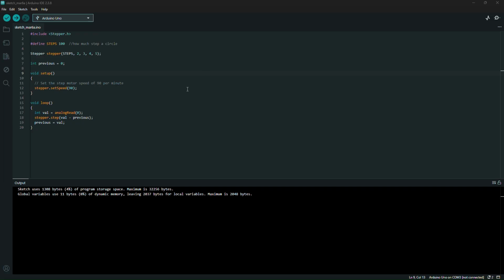Here's the code. Here we have first to include a library to control the stepper motor, and then we will define the steps per rotation. So we have here steps 100, and then we need to connect the motor pin to our Arduino, which is digital pin 2, 3, 4, 5, and then